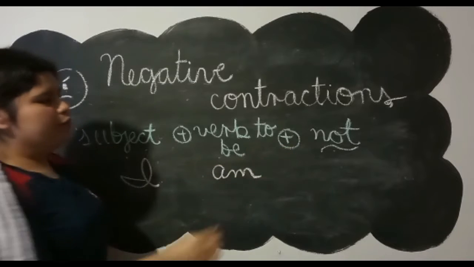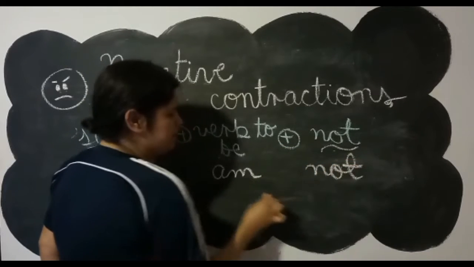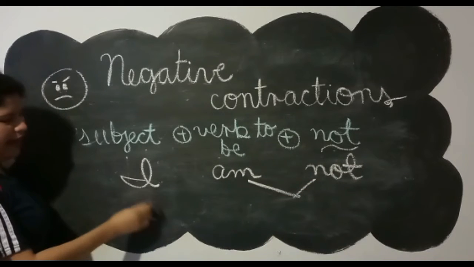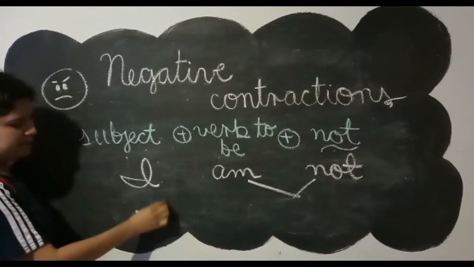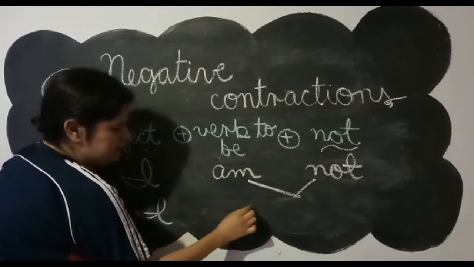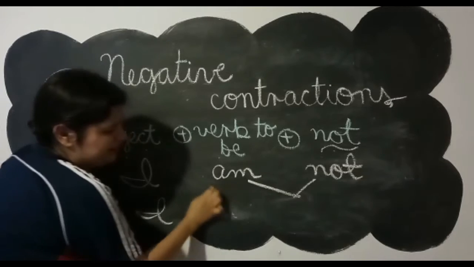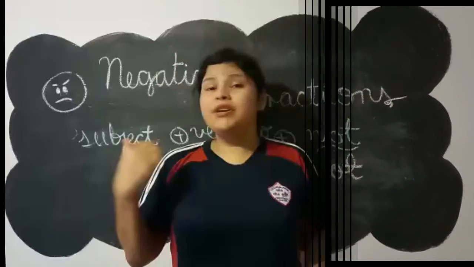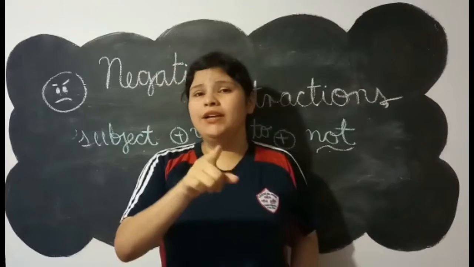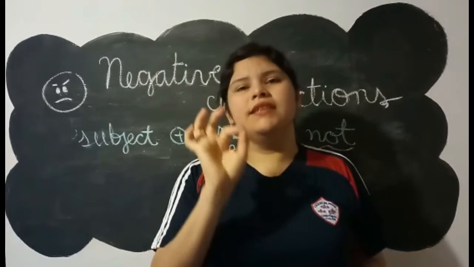Then we add the word not. And we mix them. I continue with one more example, but I want you to pay attention and observe and listen, because this is a